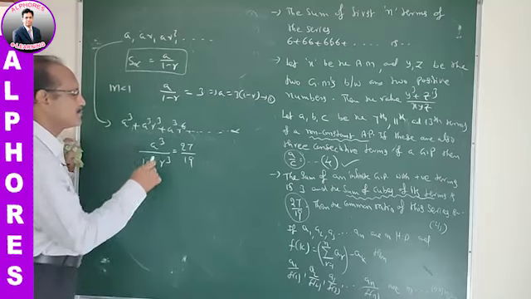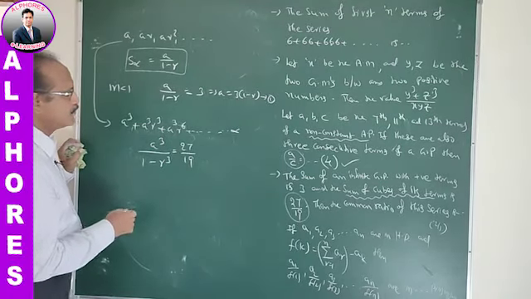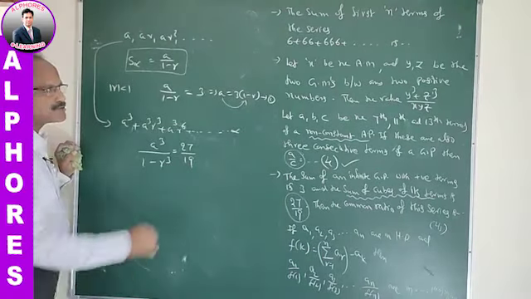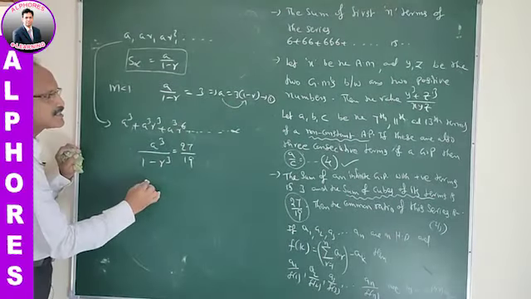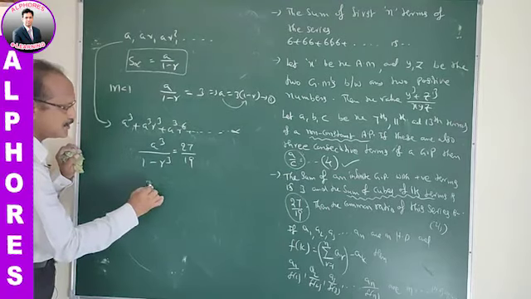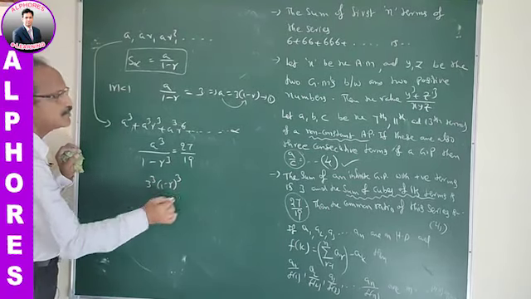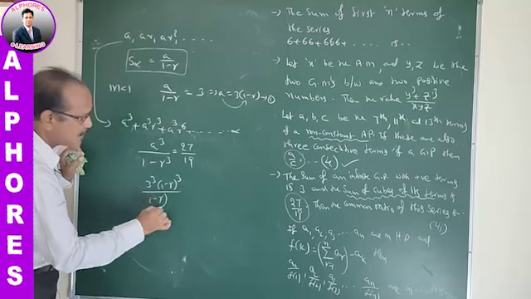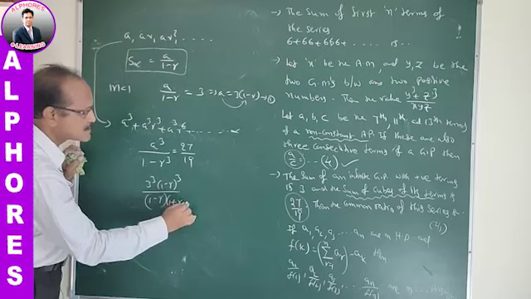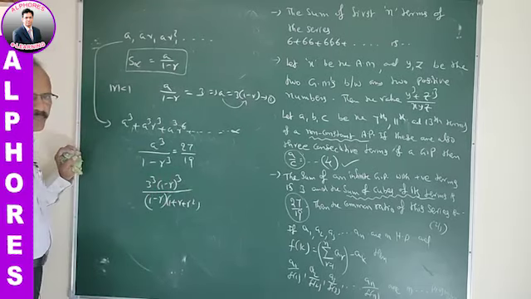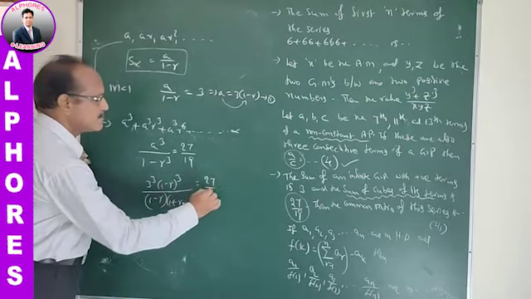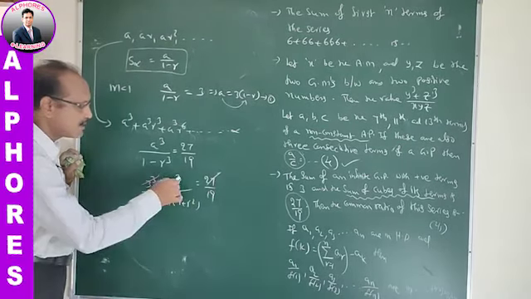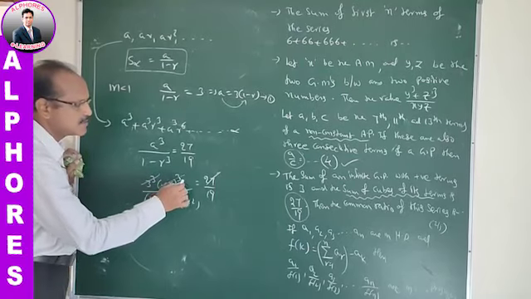27 by 19. Okay, A cube. I am replacing the A value with this value. From the first equation, A is replaced with A cube, that is 3 cube into (1 minus R) whole cube by 1 minus R cube, which can be written as (1 minus R)(1 plus R square). These are the factors of A cube minus B cube, which is equal to 27 by 19. The 3 cube, 27, gets cancelled, and the 1 minus R factor gets cancelled in both numerator and denominator.